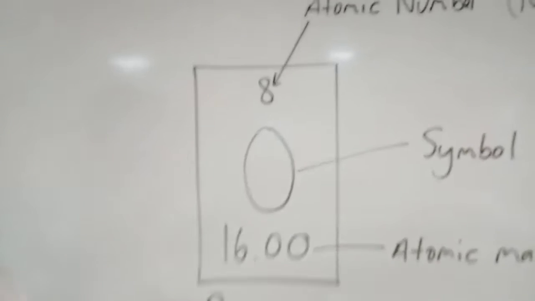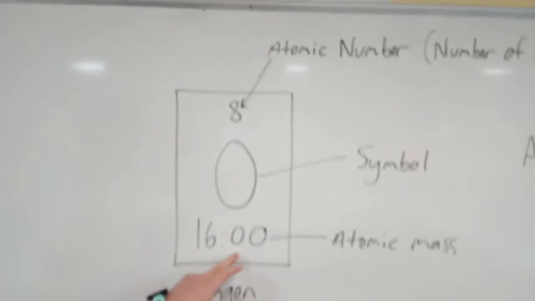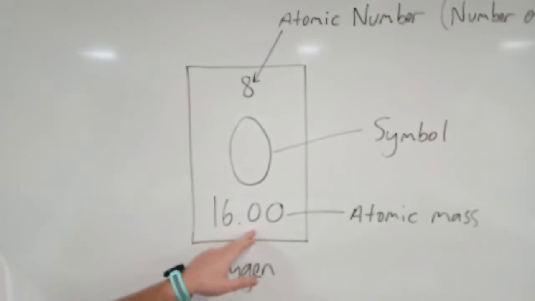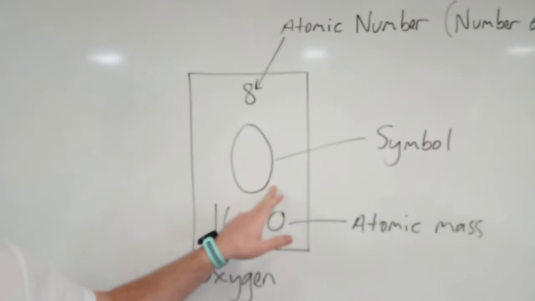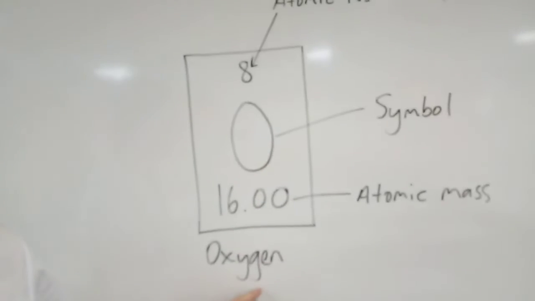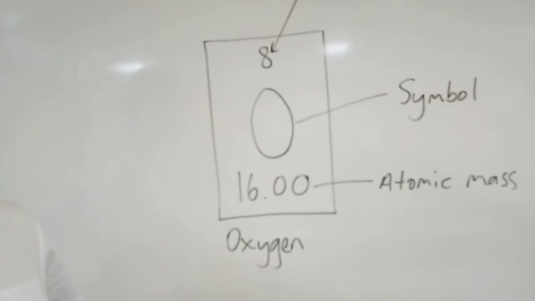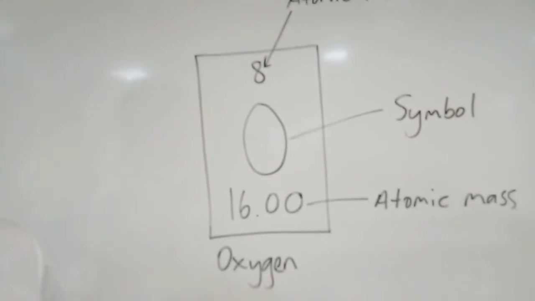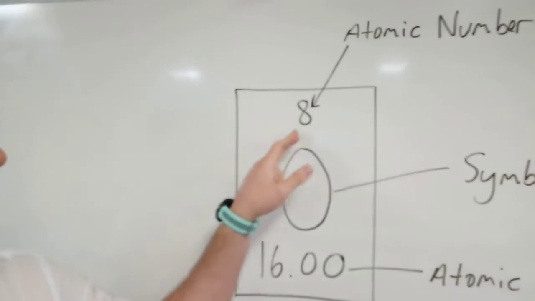And so you've got a number of characteristics from it. You've got the atomic mass, which is how much it weighs. You've got the symbol, so it's the shorthand way of writing the entire element, whatever it happens to be. So in this case, oxygen, it's an O. Then you've got the atomic number up the top here,